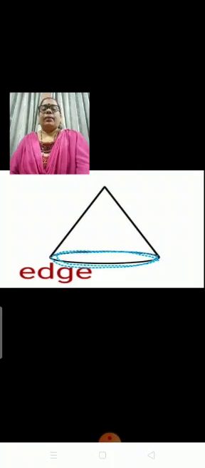Okay. Now, what is this? A football. What is the shape of a football? You all play football, na? What is the shape of the football? Sphere. Good. Okay. Now, can you see any corner for this ball, children? No. Can you see any edges? No. Why? Because it is fully round. So, a sphere has no corner and no edges.